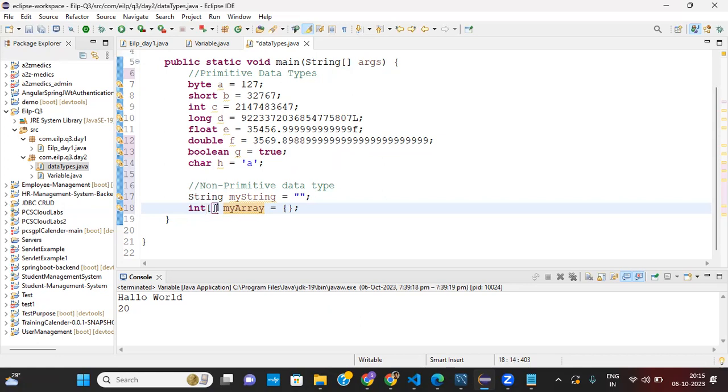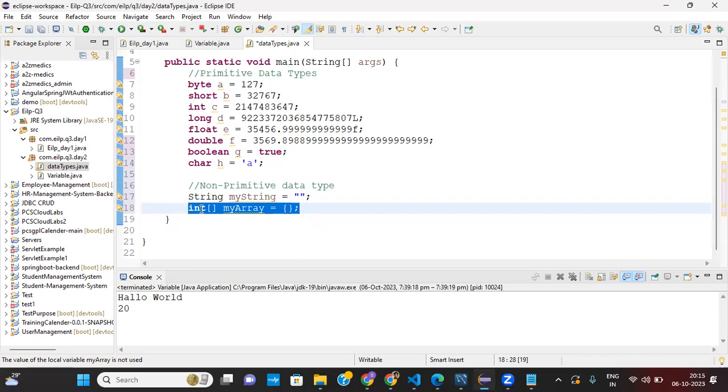This is a single dimensional array. If you give another square bracket after this, that makes a two-dimensional array, and you can have a three-dimensional array too. How many square braces you give makes the dimension. We will discuss this later. First you need to understand how we declare an array.